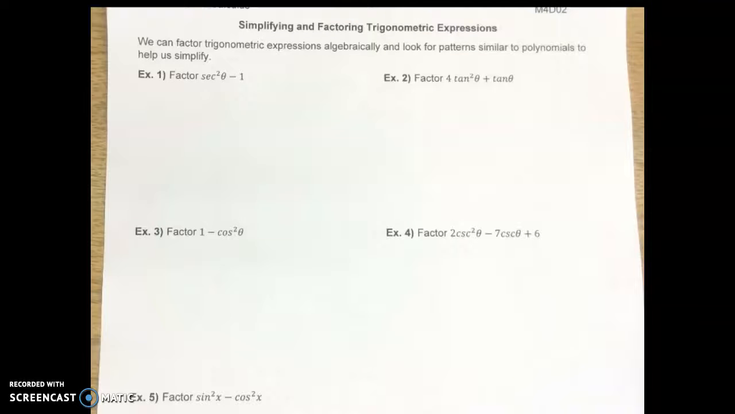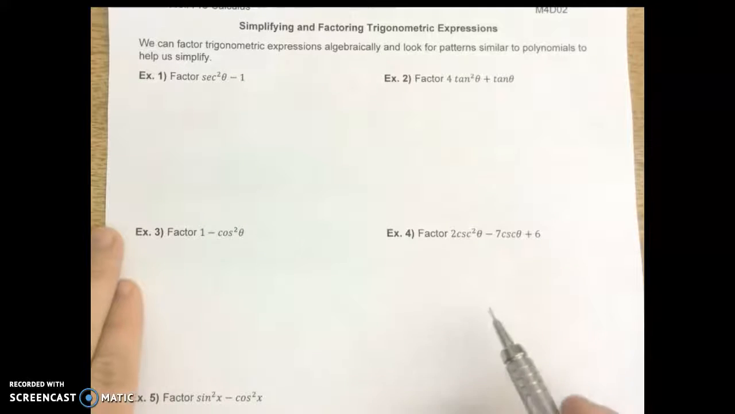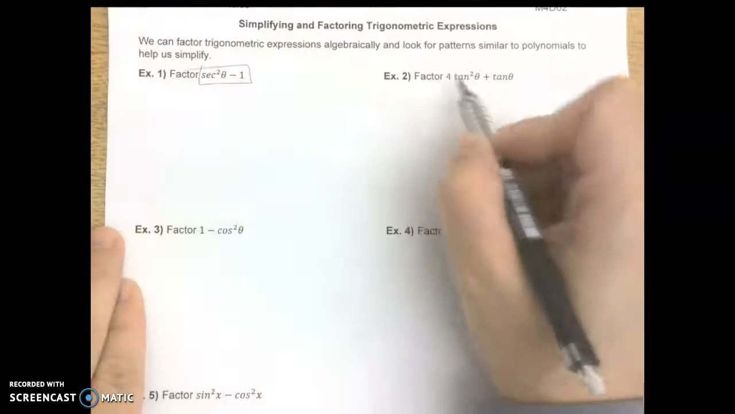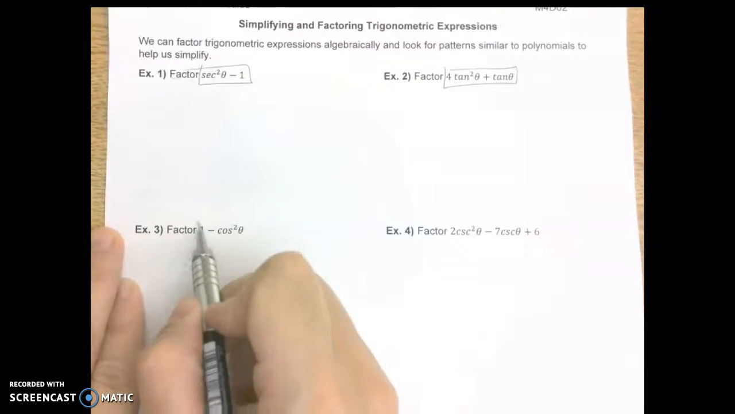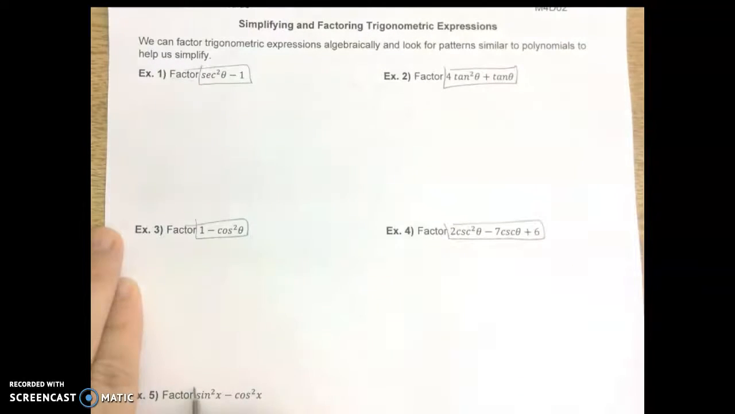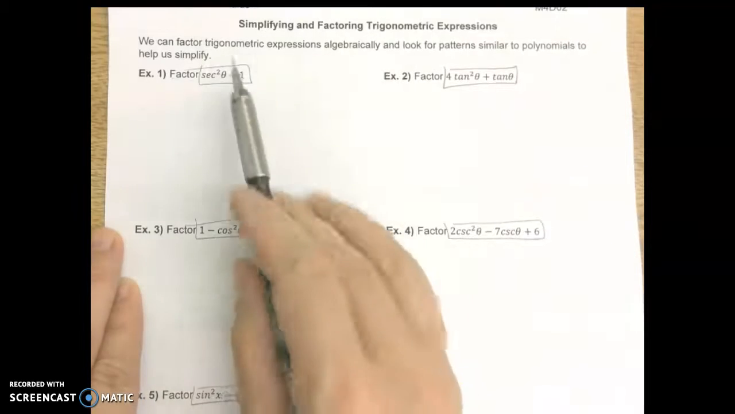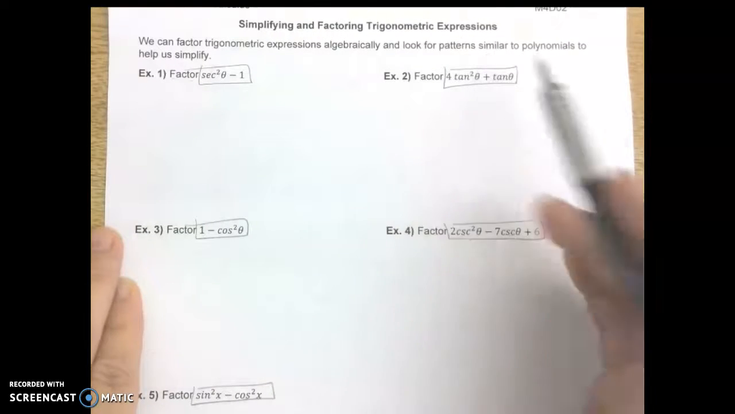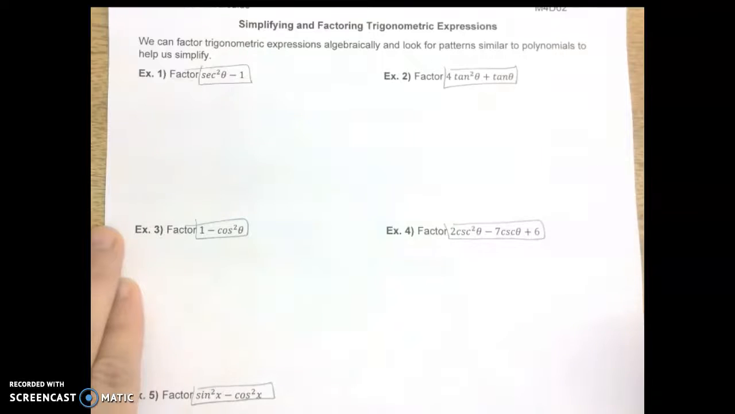Okay, today we're talking about simplifying and factoring trigonometric expressions. So here we've got the command to factor. We're going to factor all of these expressions just like we did from Algebra 2 and Algebra 1. We can factor them algebraically. We want to look for patterns similar to those that we did in the past, such as Algebra